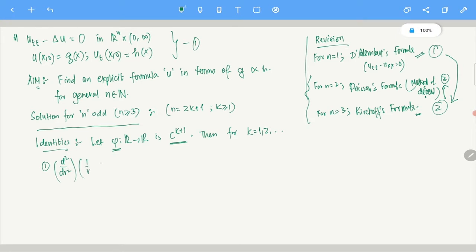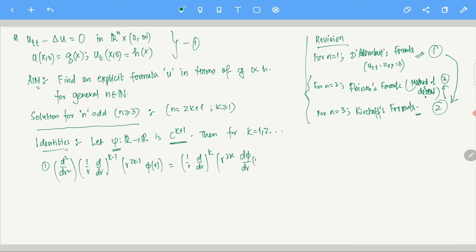Okay, (1/r d/dr) to the power k minus 1. So basically this is applied k minus 1 times to r to the power 2k minus 1. Yeah, it is not like it is coming from heavens. When we do the calculations, you will see that we need this sort of thing. That is why we are doing it beforehand, so as to avoid any complication during our endeavor. Okay, so here this is the formula which let me write down.